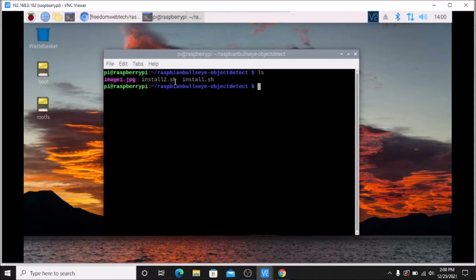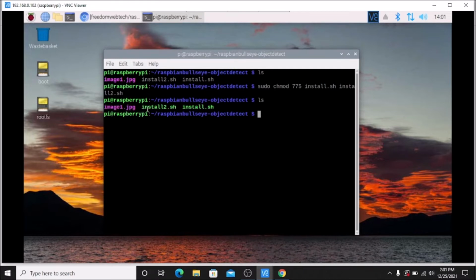We need to give full permission to these two files first, so sudo chmod 775, then install.sh and install2.sh. Hit enter. If I run ls now, the green color means we have successfully given the permission. Now, as I told you, we are going to install the TensorFlow main.